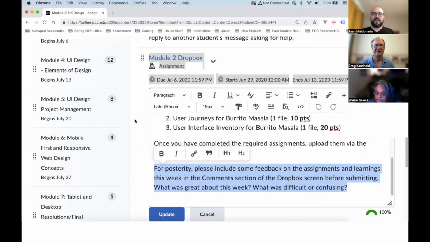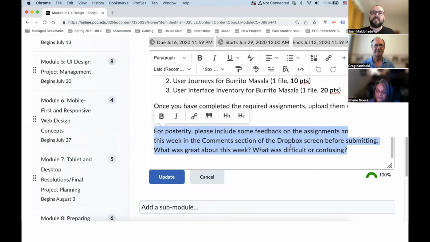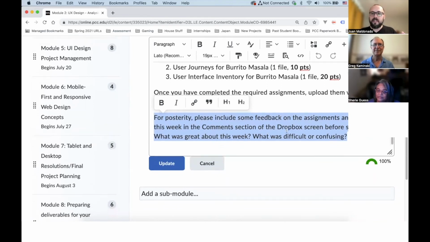When a student turns in files in the Dropbox, there is a comments field. And what I ask students to provide me with is just a little bit of feedback about their experience. What was easy? What was difficult or confusing? And I find so much benefit in these because as I'm grading the assignments, students will tell me immediately, I had some anxiety about the second question that I was answering. I feel like maybe I didn't answer that question correctly, or maybe I didn't get quite enough information for that. So students are literally telling me in the comments, not in the assignment, but in the comments,